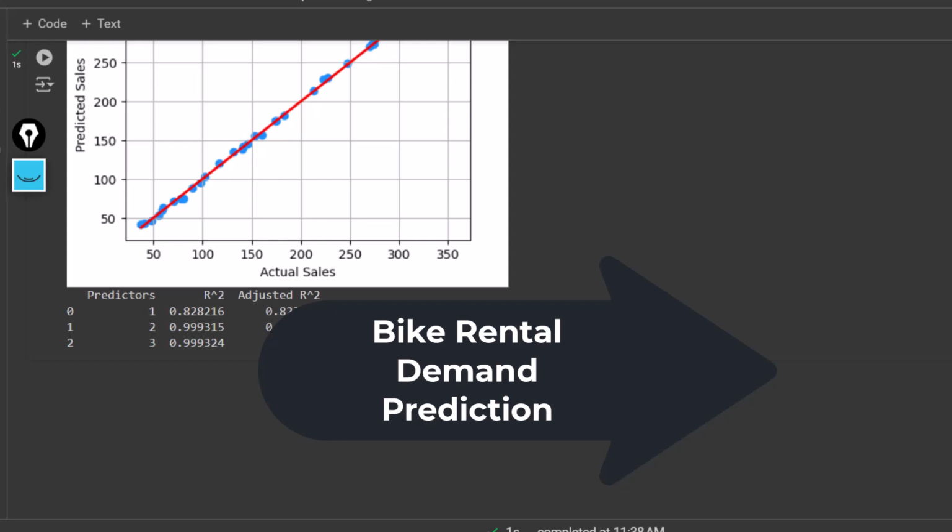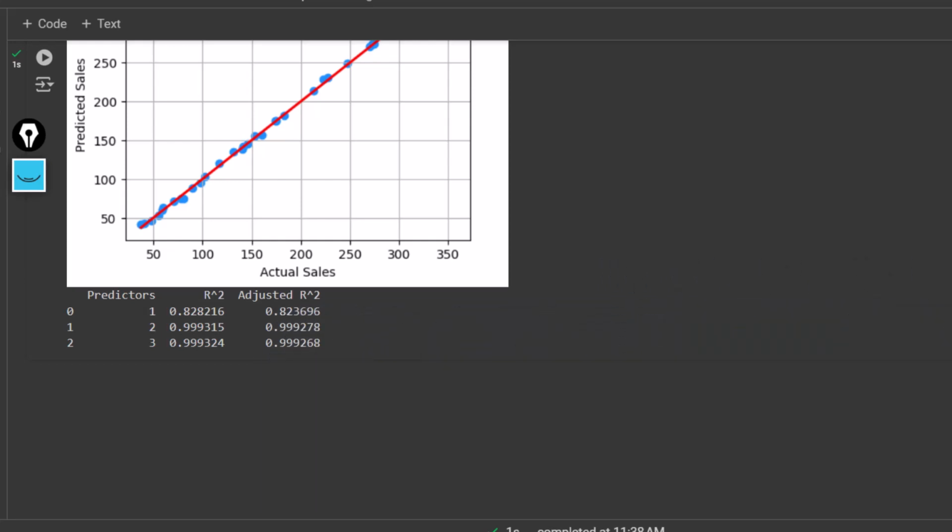Now with this knowledge base, we will be working on one regression problem in our next tutorial. Before we go to the next concepts in machine learning modeling,